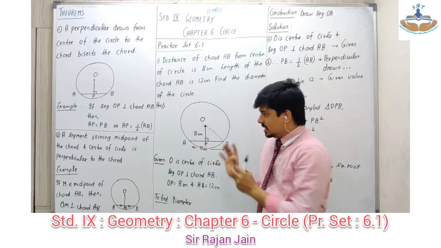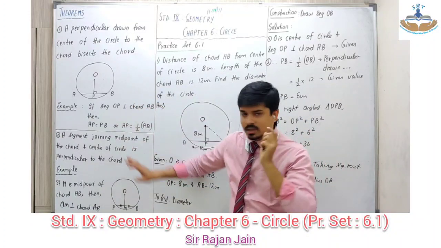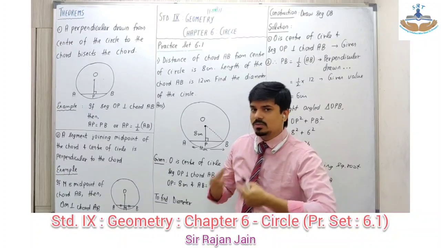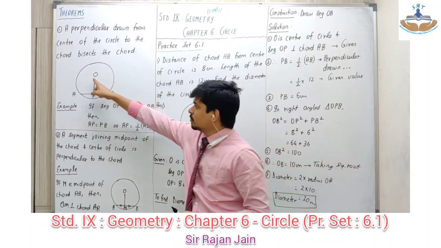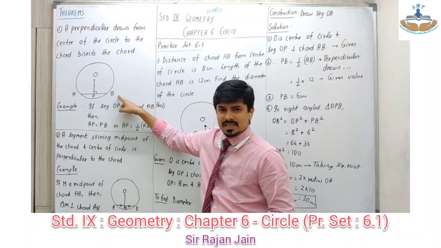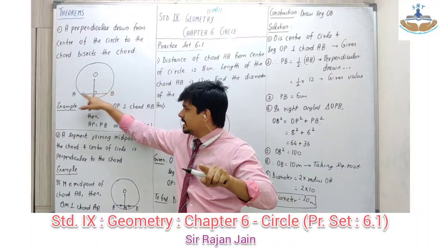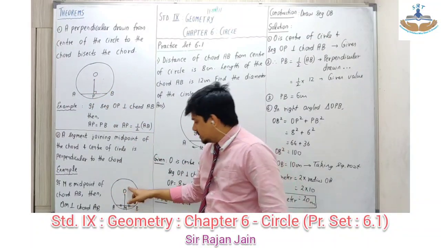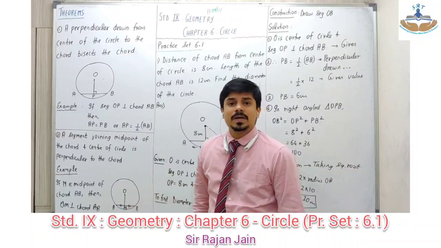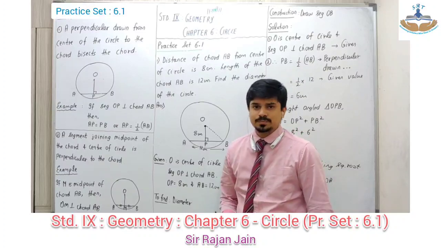Majority of the sums in this chapter you have to solve it by Pythagoras theorem. ये दोनों theorem में वापस एक बार बता देता हूँ, because from the next sum onwards it is not going to be there on the board. First theorem क्या था? From the center perpendicular to the chord bisects the chord. Perpendicular दिया है. Conclusion is that perpendicular is bisecting. Here bisector is given. Conclusion is that bisector is the perpendicular. Clear? Okay. चलो now let's go to question number 2.